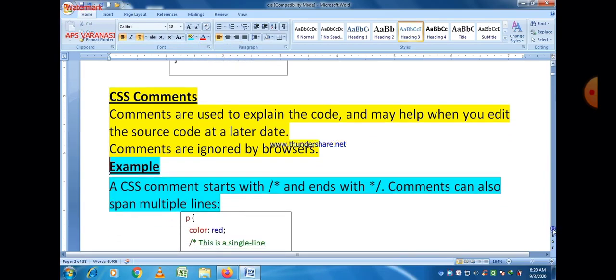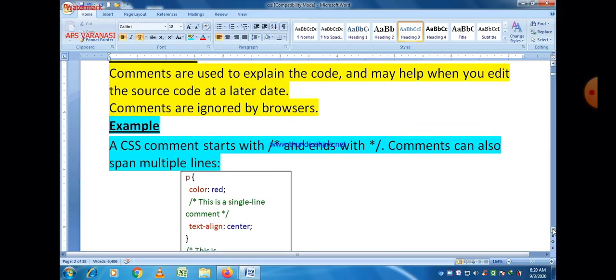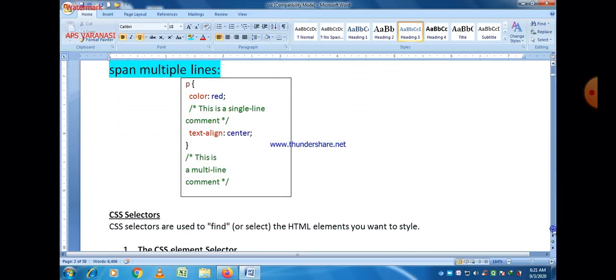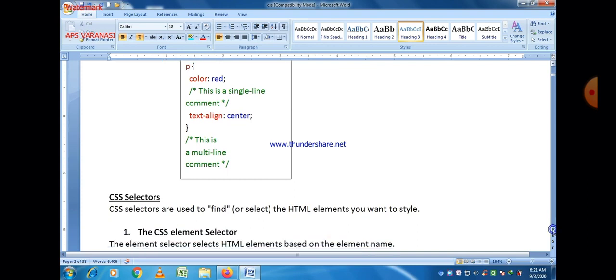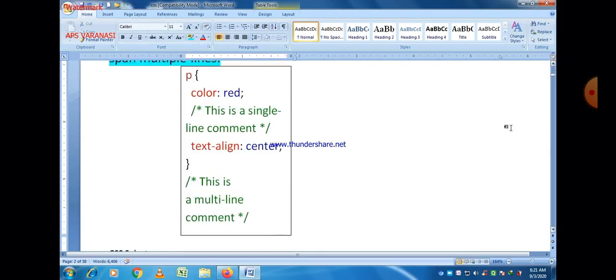Here you can again easily see, whatever we write within slash star is marked with a green pen, and that will not show and will not be a part of the web page. We write comments for better code visibility. So same code here, but with comments, and there are two comments here.